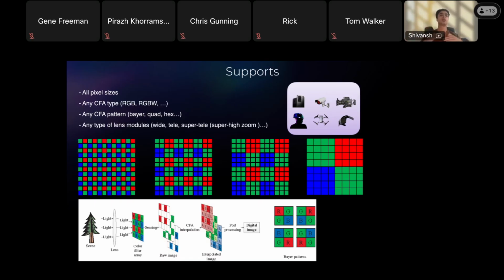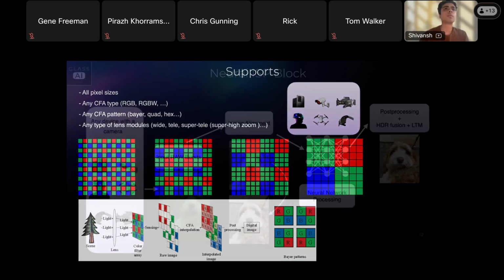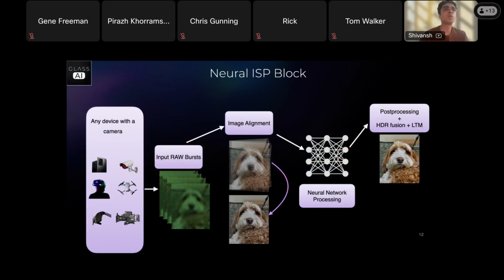But in a nutshell, if you are able to characterize your camera to match very well with all types of variations you would see eventually on smartphones when they're out in customers' hands, then the network should be able to implicitly learn for them. So if I would have to break down the neural ISP block into some simple steps based on our understanding until now: for any device we have, as we already discussed several times, we characterize it in the lab, and then we get these set of input raw bursts, right? Which could be multiple depending on whichever OEM we are working with.